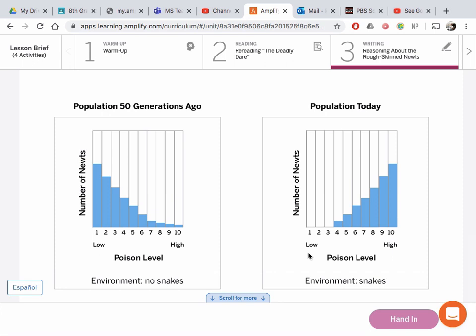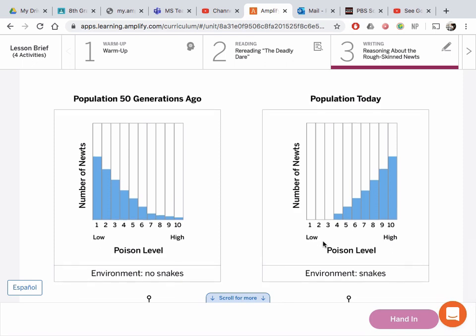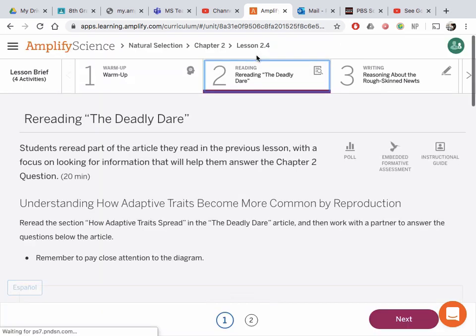And today, this is what the newt population looks like. And before, there were no snakes, and now there are snakes, which is a pretty important reason for this change, probably. You can also use evidence from a reading here,